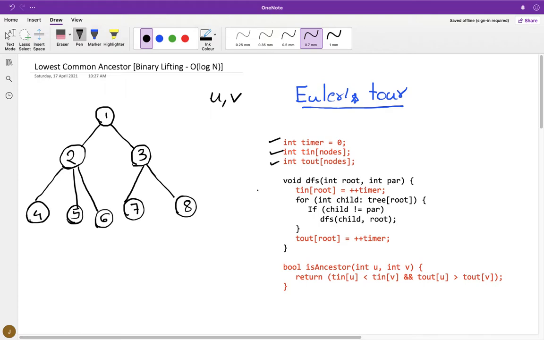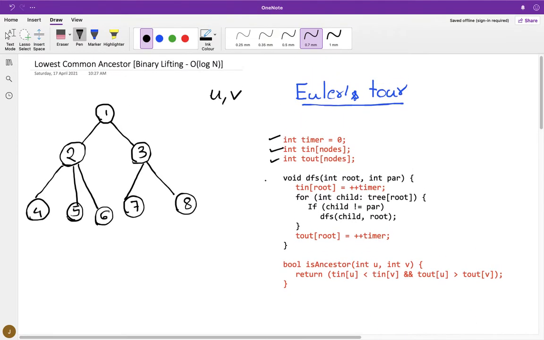Now let's say I run this code here. I call DFS on my root, here root is 1, and when I enter my root, I mark its in time as 1.